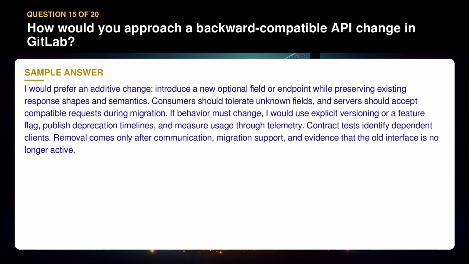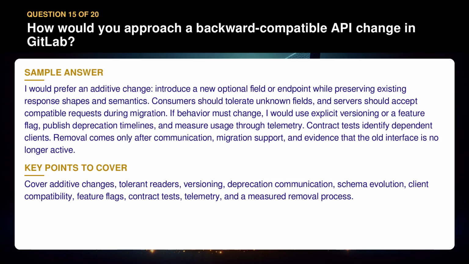If behavior must change, I would use explicit versioning or a feature flag, publish deprecation timelines, and measure usage through telemetry. Contract tests identify dependent clients. Removal comes only after communication, migration support, and evidence that the old interface is no longer active. Cover additive changes, tolerant readers, versioning, deprecation communication, schema evolution, client compatibility, feature flags, contract tests, telemetry, and a measured